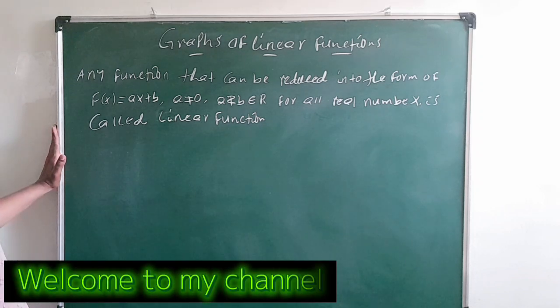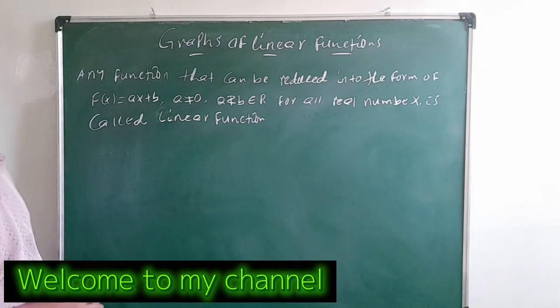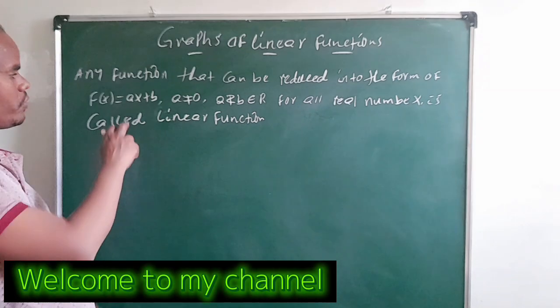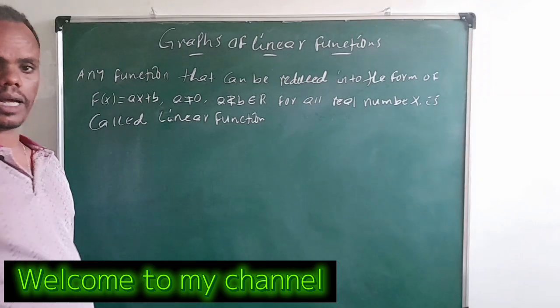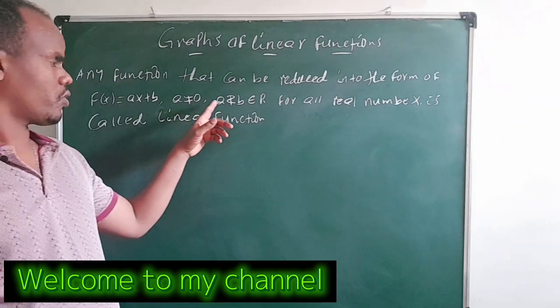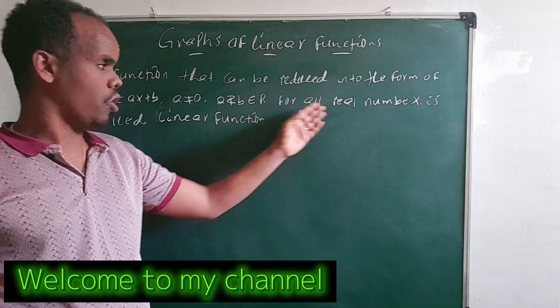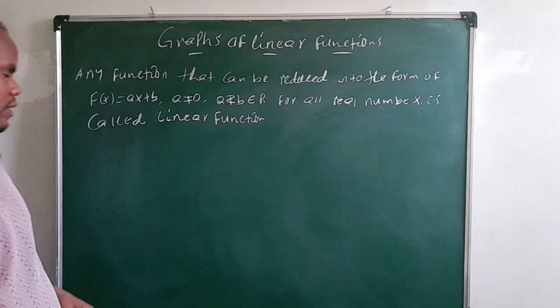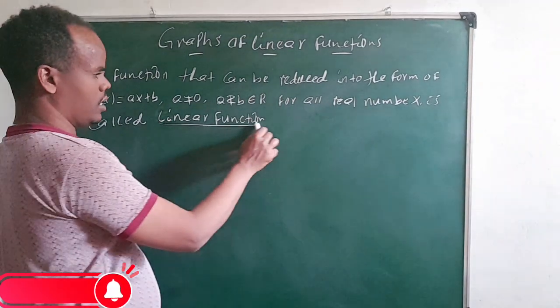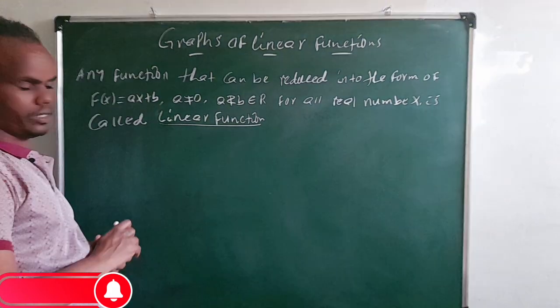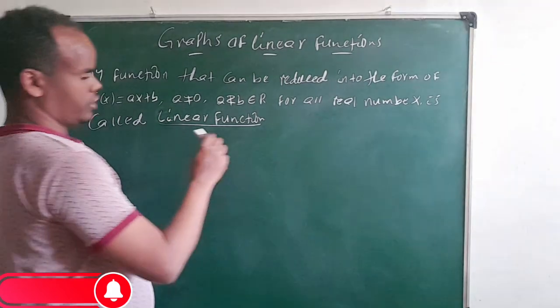A linear function is any function that can be reduced to the form f(x) = ax + b, where a is different from 0, and a and b are elements of the real numbers, for all real numbers x. That is a linear function. That means, for example,